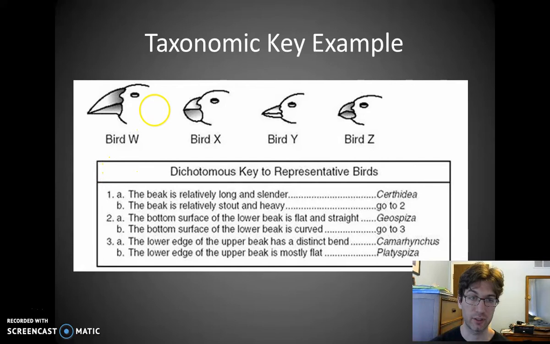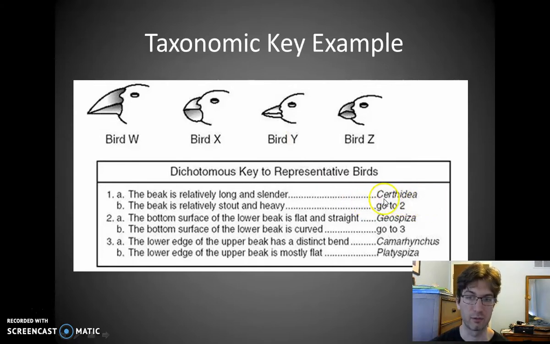We use these taxonomic keys, which are dichotomous, which means it's just broken into 2 different categories. Each step has 2 different paths you could take. You can either stay here or you can move on pretty much. So just reading through it, the first one says, again we're looking at all 4 of them, you're either going to have a beak that is relatively long and slender, or you have a beak that's relatively short and heavy, which is this guy, and this guy. They all fit into that category. So if we do only have the relatively long and slender beak, we know that bird Y over here is this name.